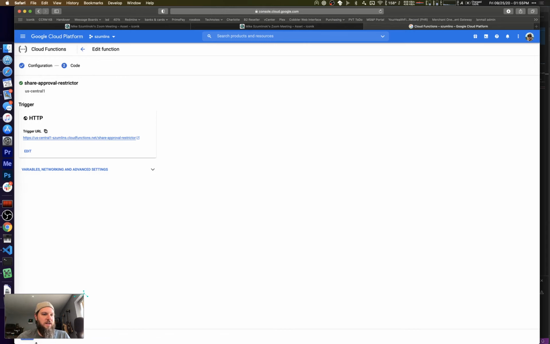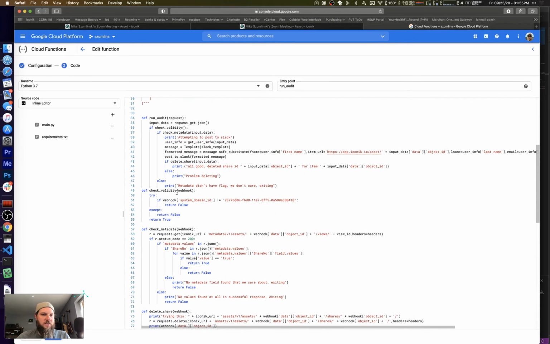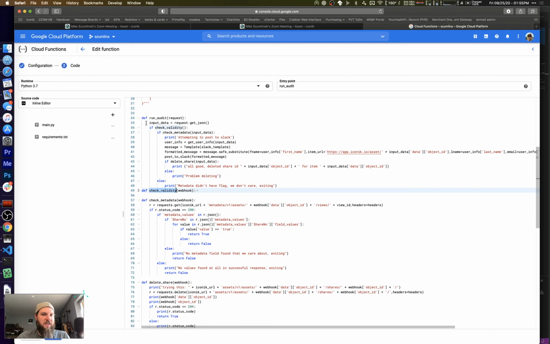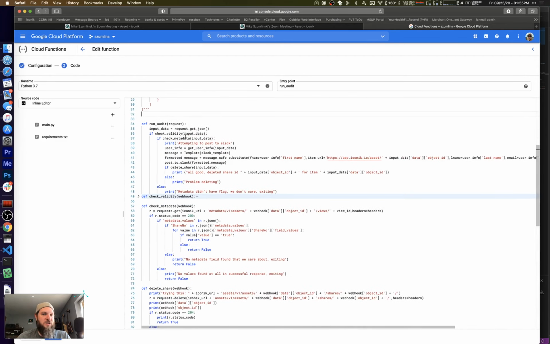All right, so let's edit this function real quickly. What I did here, if you guys are noticing, the webhook check validity function requires me to pass data into it, but I didn't do that in run audit. You can see I called the thing, but I didn't actually pass the data to it, and it was telling me, "Hey, dude, I'm expecting information here, and you haven't provided it." So just changing that really quickly. So all we need to do,